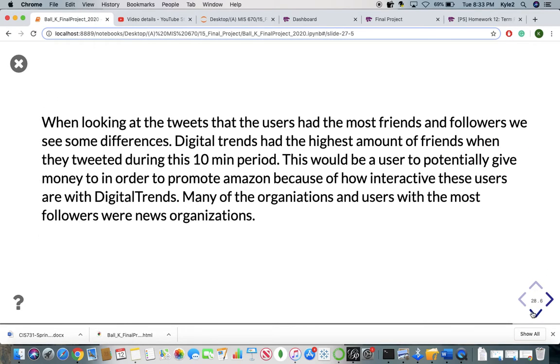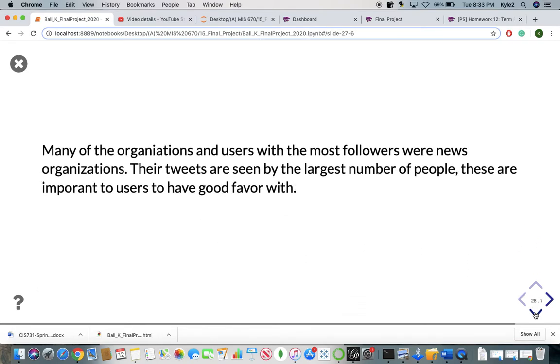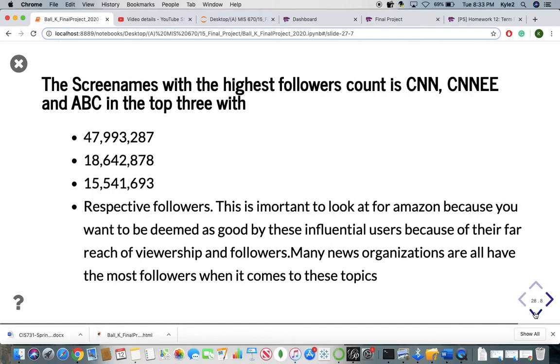if you had the processing power. So I think it's important that you go after people that have a high amount of friends and also followers that can have a large amount of influence because of how much their friends interact with their tweets. And so paying for shout outs or promotions or targeting those people and then having positive sentiment from them, I think, could be very valuable. And you also want to be in good favor with the people that have the most followers.